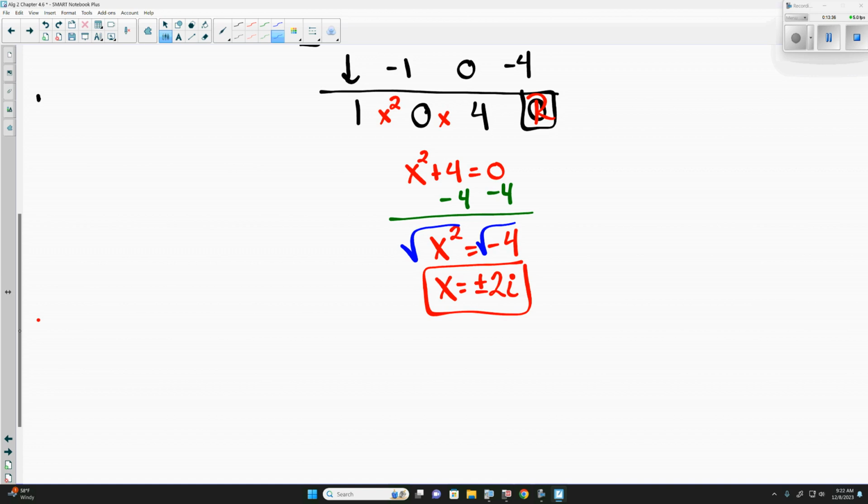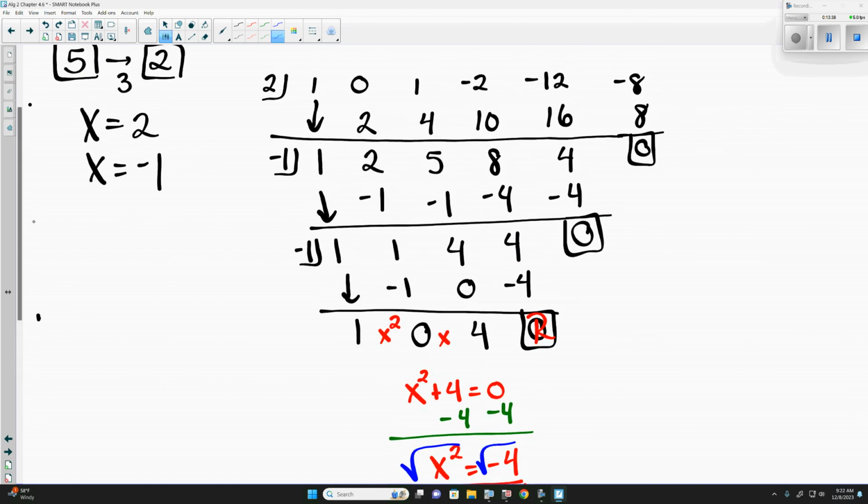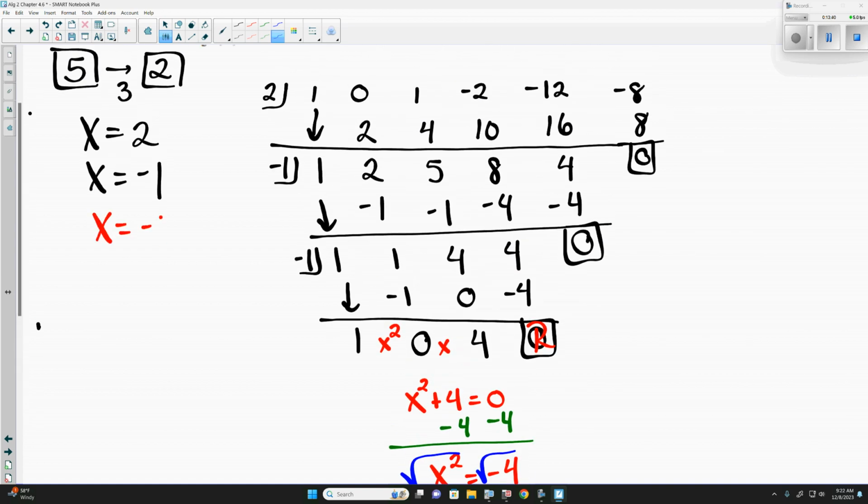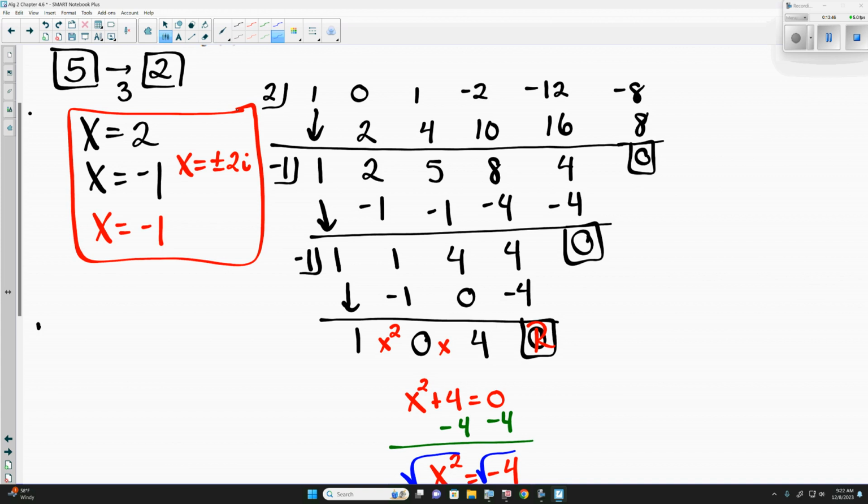So if we listed out all the solutions, and I'll put these back up here with the rest, we had that x was negative 1 twice, and x is equal to plus or minus 2i. Questions on any of this here? Now, even and odd